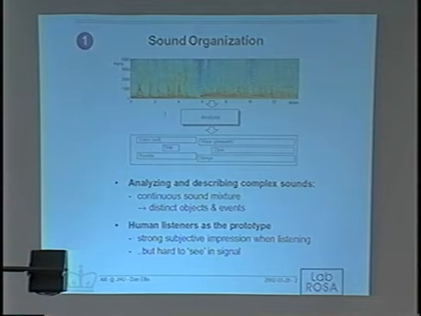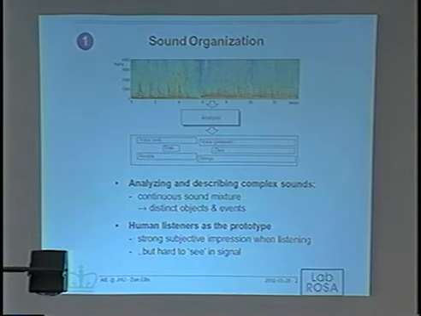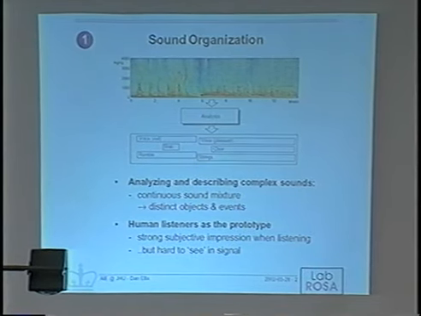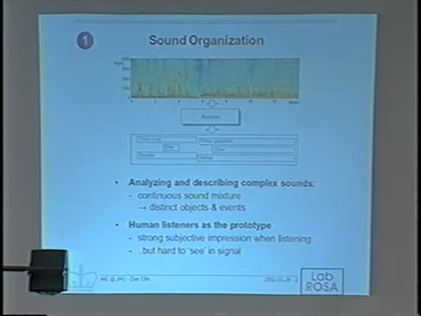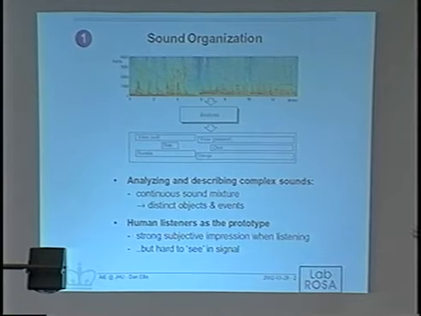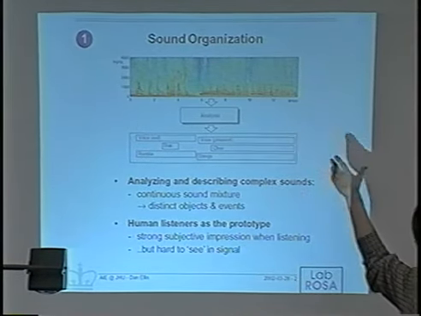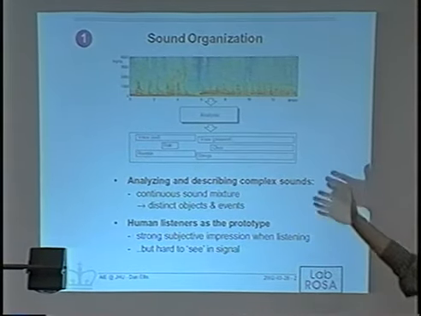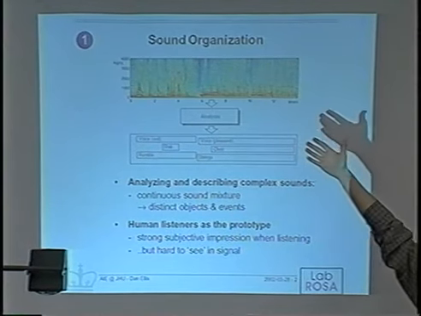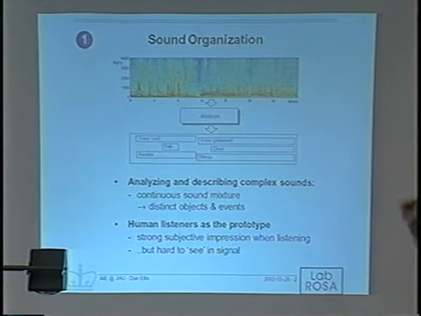Okay, so a typical piece of sound. This is from a database of random radio recordings that was made a few years ago, which we were using for speech music discrimination. But the point about it is, if you listen to it, you get a very strong impression of several things going on. You immediately recognize what's going on. There's a guy speaking, there are various characteristics of his voice, there's some music in the background, you can pick out certain things happening with the music, and then there's a change: the music changes, the voice changes, different things going on. If we look at the spectrogram here, which is one of the best visualization tools we've got,